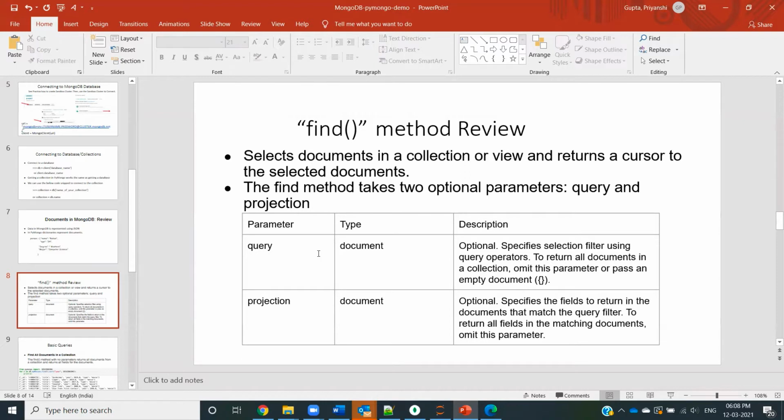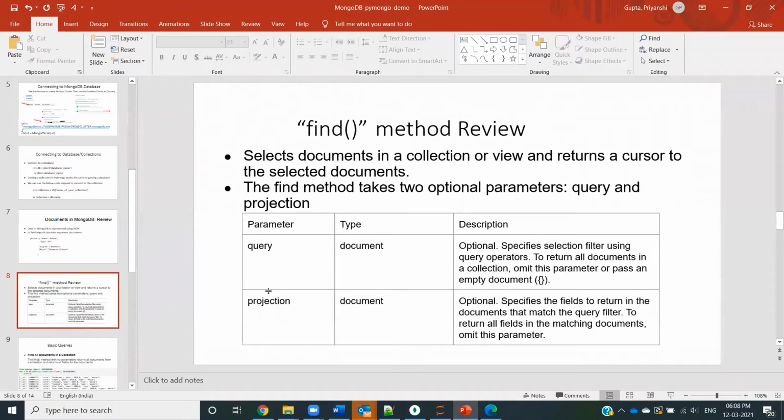For example, if you have a movies data collection and you want specific movies pertaining to the year 2013, then you can just give this filter that year should be equal to 2013, and all those documents which pertain to that specific year will arrive by using this method called find.